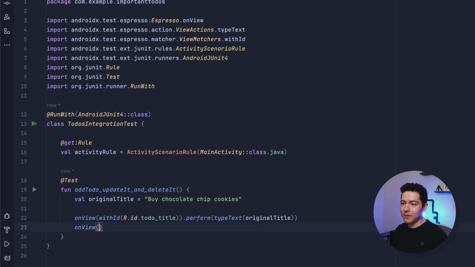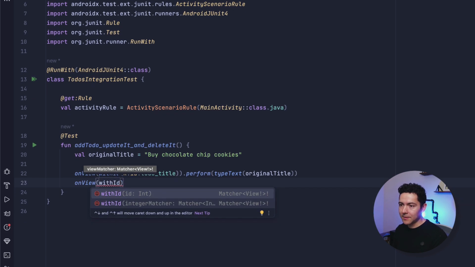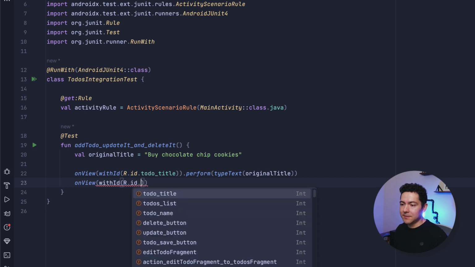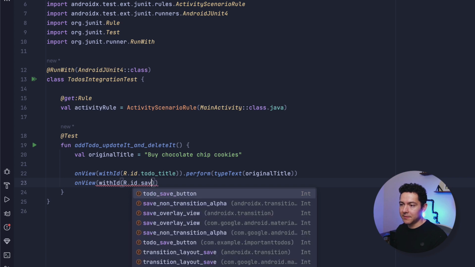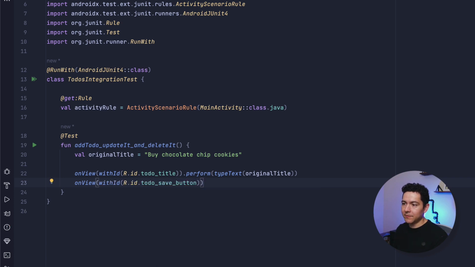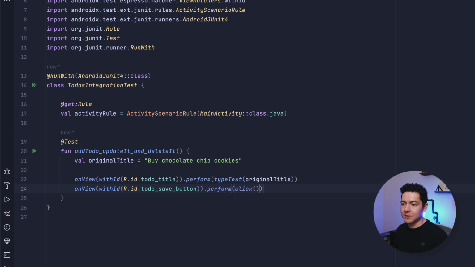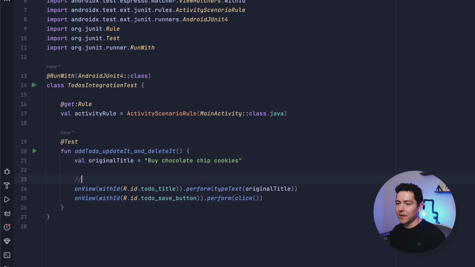So on view with ID r.id of the save to-do save button, we're going to perform a click that should add the to-do to our recycler view. So add to-do item, let's just say list item,